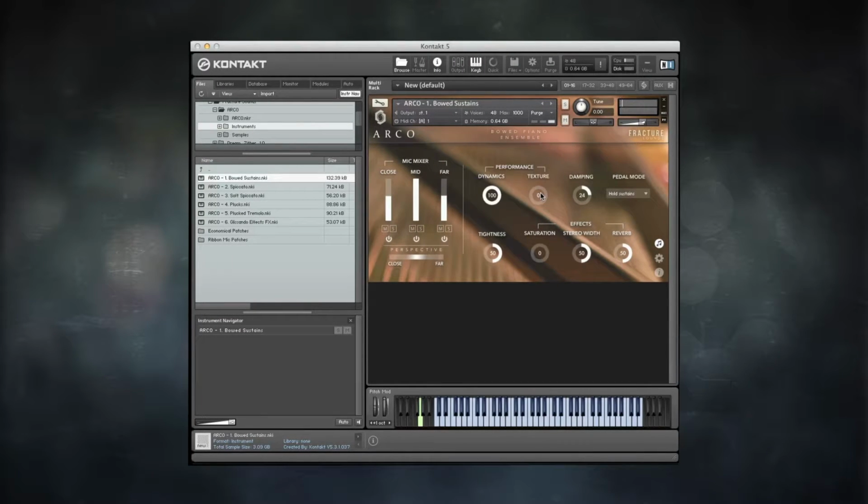And in addition to the dynamic control, the patch is also velocity sensitive. So if you play softly, you get quite soft attacks like that. If you play a bit harder, you get more immediate attacks. So it feels very responsive to play. And then combining this with the dynamics,